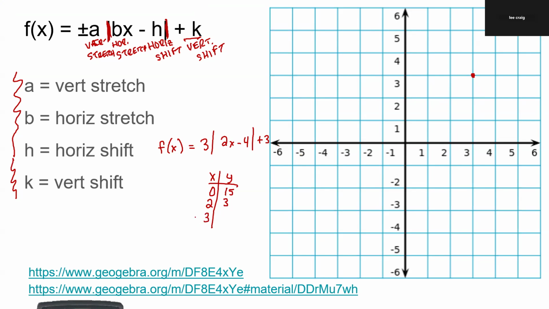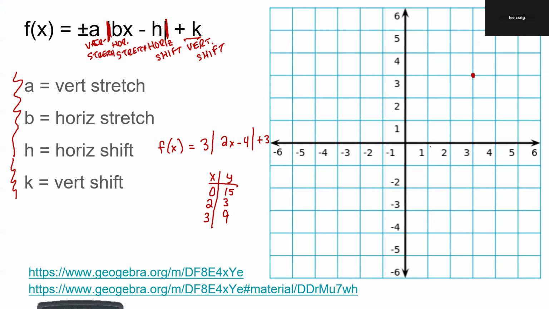Let's try the next one. 3 here. 2 times 3 is 6, minus 4 is 2, times 3 is 6, plus 3 is 9. Boom, we're off the chart again. So that wasn't necessarily a good one to pick. However, you can already get a feel for what's happening. It's up high, it comes down low, goes back up high again. And so we need to pick something that's